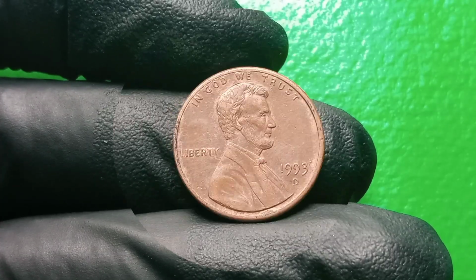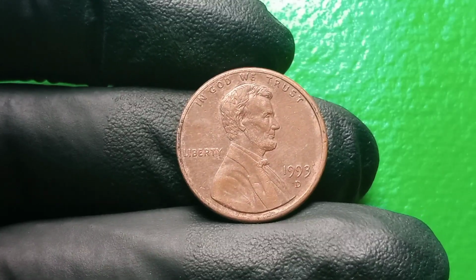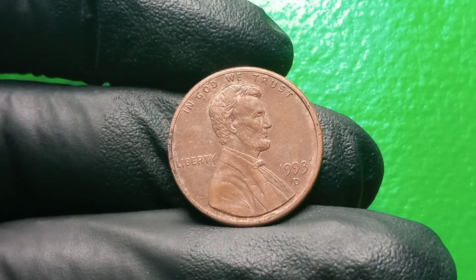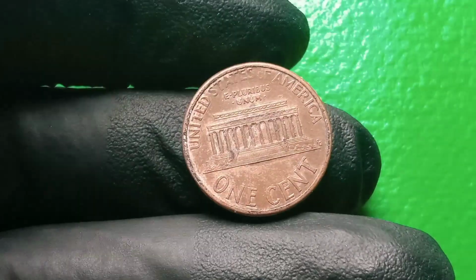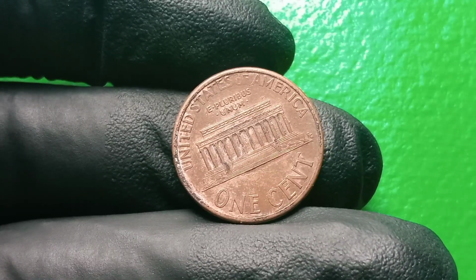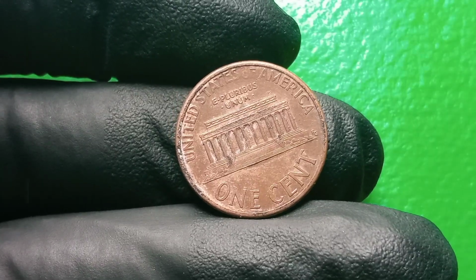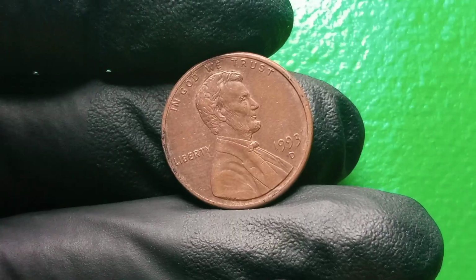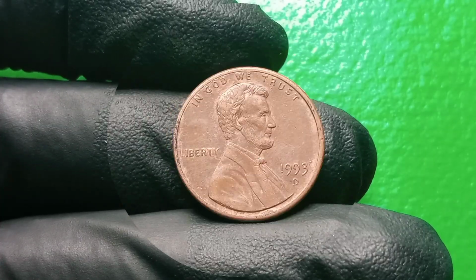So when we hear that a 1993 1 cent has reached $7 million, it reflects not only the inherent rarity of its error but also the intense competition among collectors who know that such coins represent once-in-a-lifetime opportunities, and this brings us to the psychological factor of value in collectibles, because beyond the metal content or face value lies the human desire to own something unique, something no one else has,